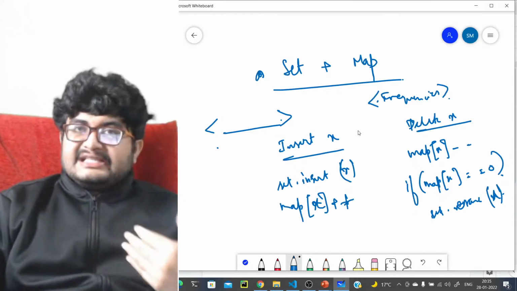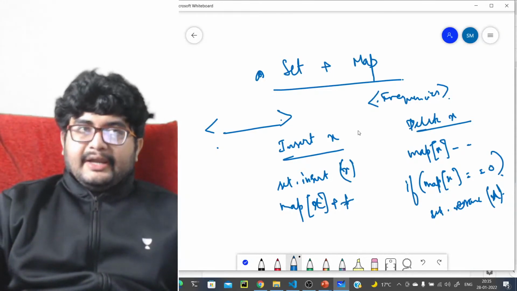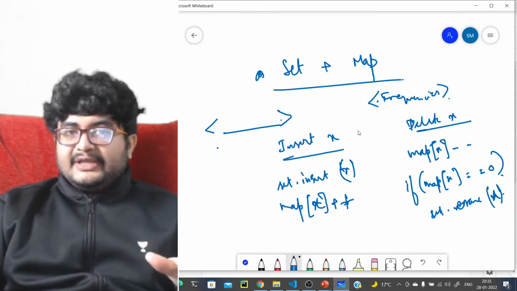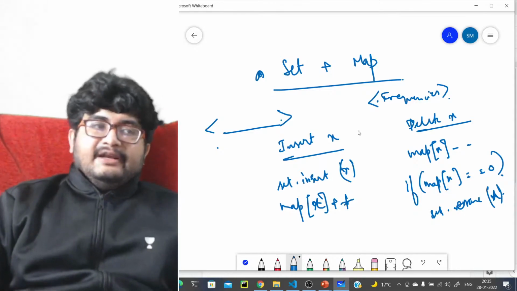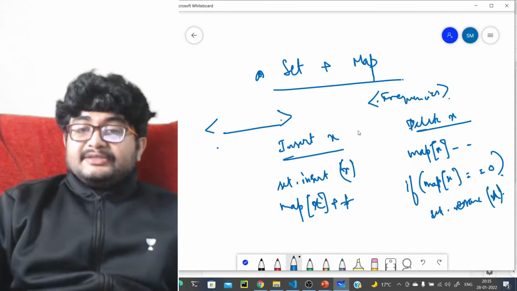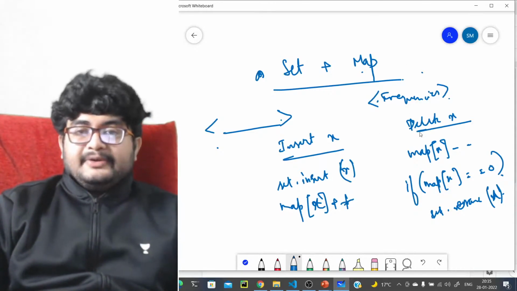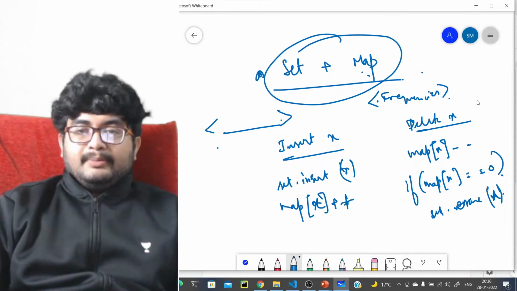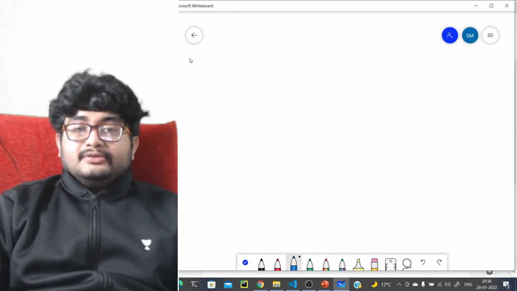So in case you don't care about the values repeating in the set, you are okay with unique values, but the only thing you care about is that you should not delete an element if occurrences of it are still there. In those cases you can use a set and a map combination, and that will help you, right? So this will be frequently used by you. I'm pretty sure it will be frequently used by you in problems. Definitely.